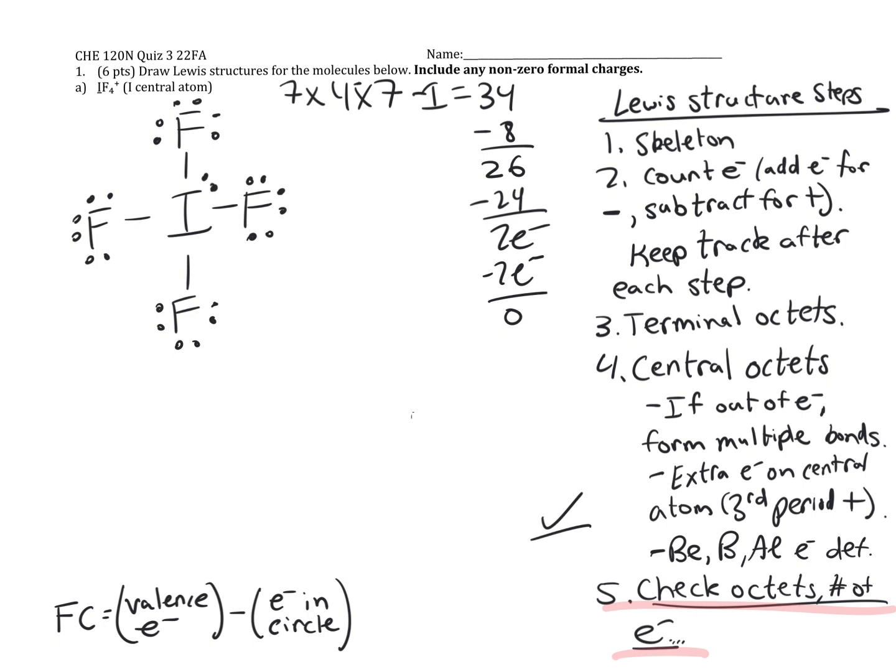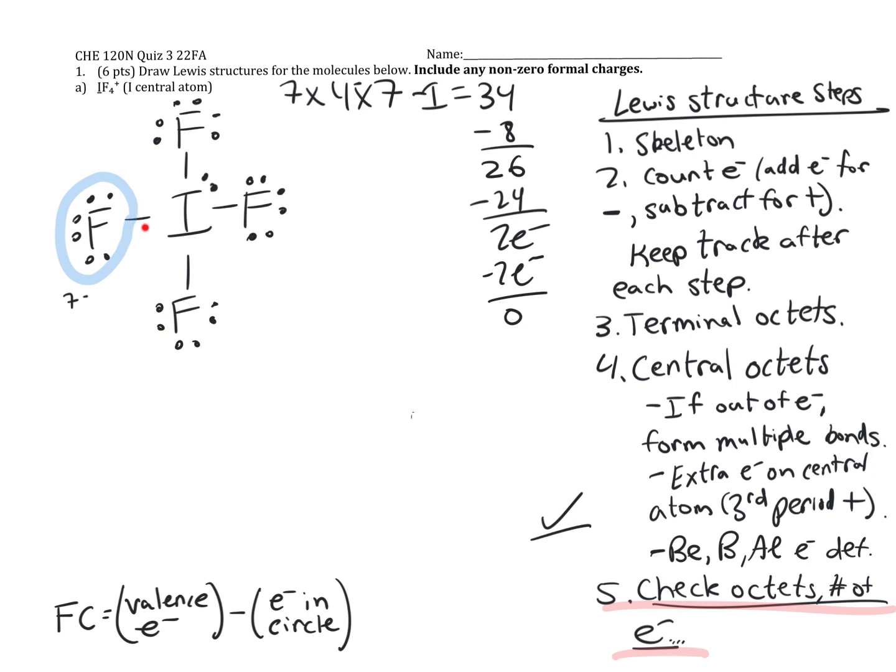Next, we get to formal charge for this structure. If you forgot formal charge, that's the valence electrons that each atom brought minus the electrons in the circle, when we think about each atom and draw that circle which assigns the electrons to each individual atom. So if I start with my fluorine over here, I can think about that circle. I would say it brought 7 electrons, the valence electrons that it brought, minus the electrons in the circle: 2, 4, 6, and then